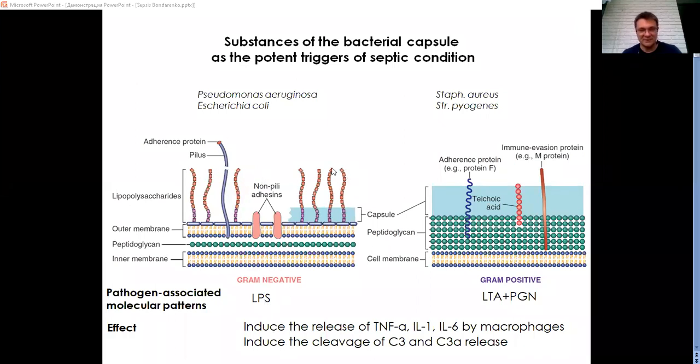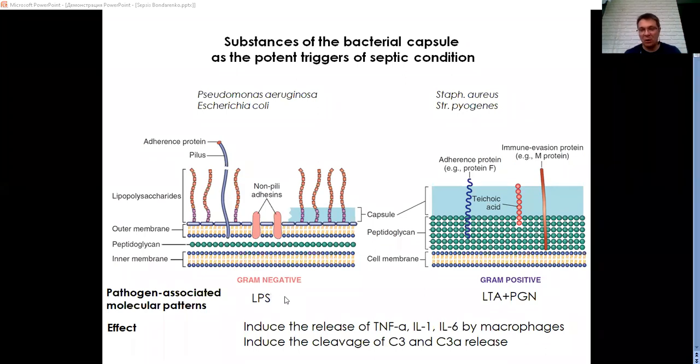That's the substance that neutrophils and monocytes have the first encounter with, and the lipoteichoic acid and proteoglycans on the surface of gram-positive bacteria. So these pathogen-associated molecular patterns, or PAMPs, remember this abbreviation, PAMPs,